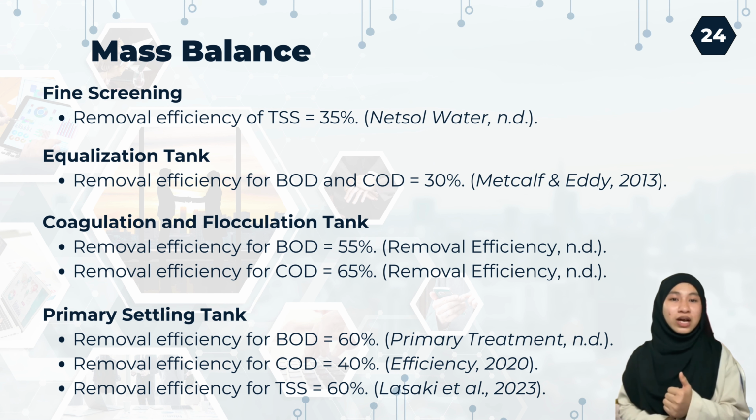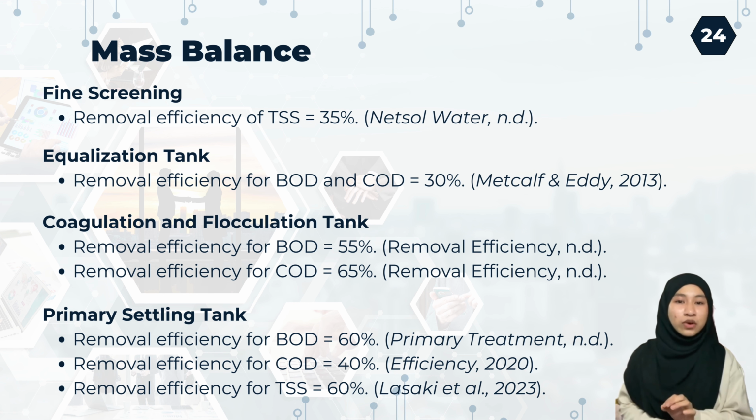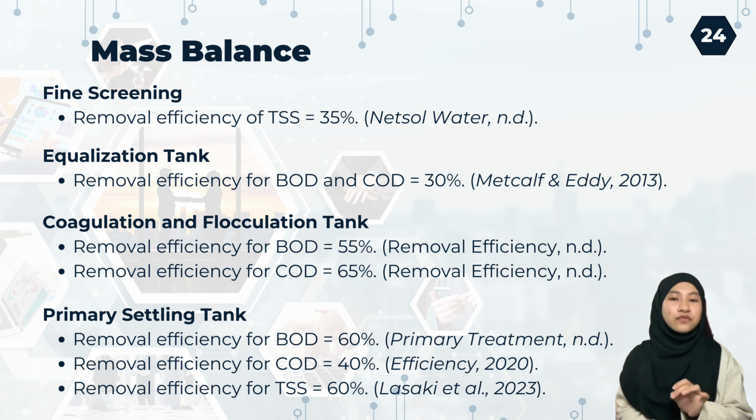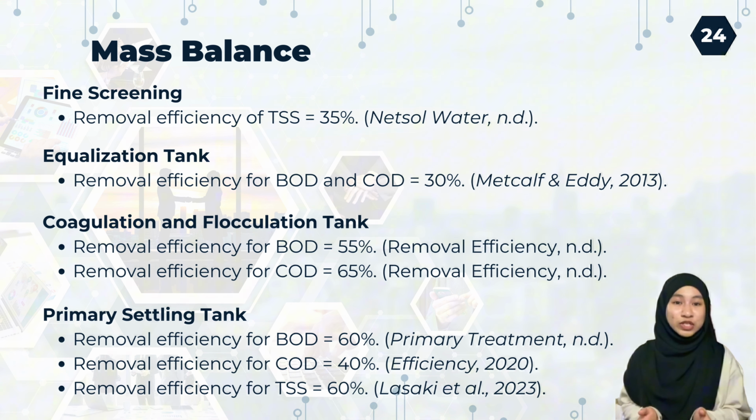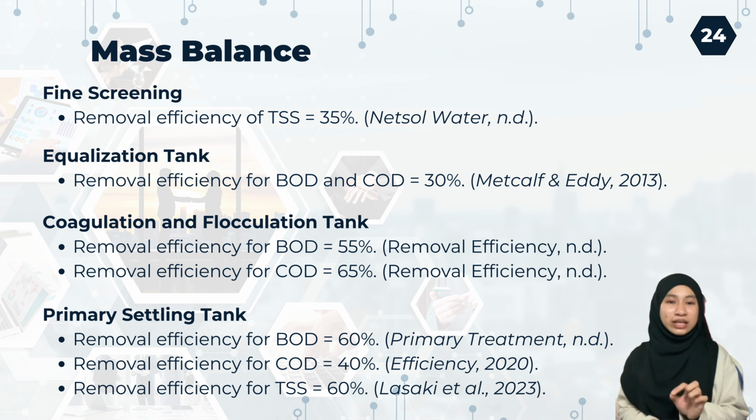Firstly, the wastewater will undergo a screening process, where this equipment can remove 35% of the TSS. Next, it will enter the equalization tank, where both BOD and COD can be removed by 30%. Then, it will enter the coagulation and flocculation tank, with removal efficiency of BOD and COD of 55% and 65% respectively. Next, the wastewater will enter the primary settling tank, where it can remove 60% of BOD and TSS and 40%